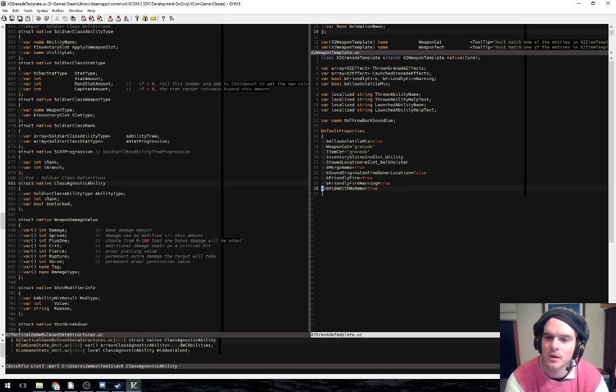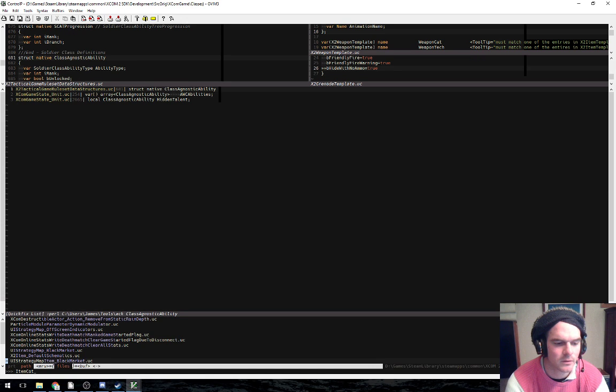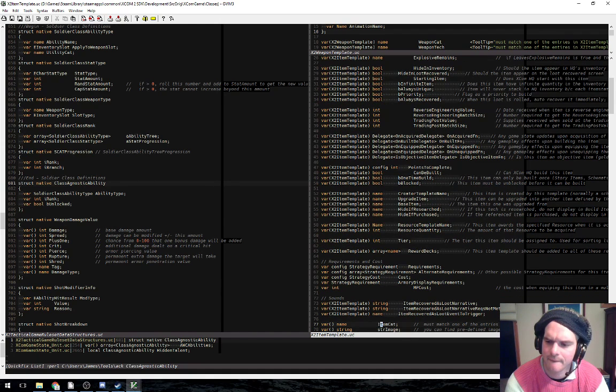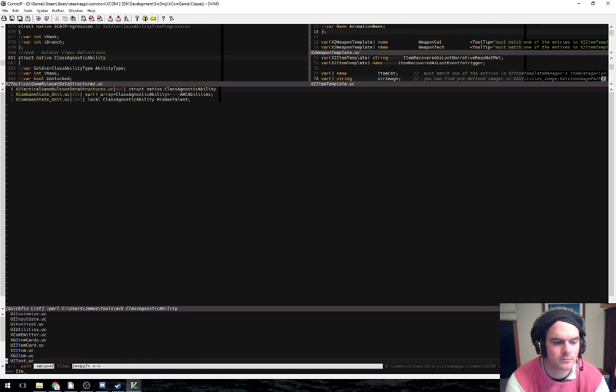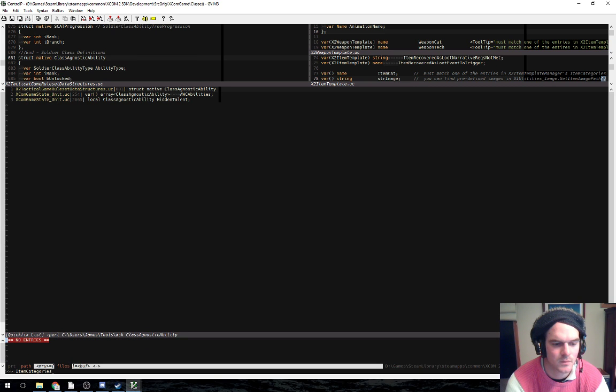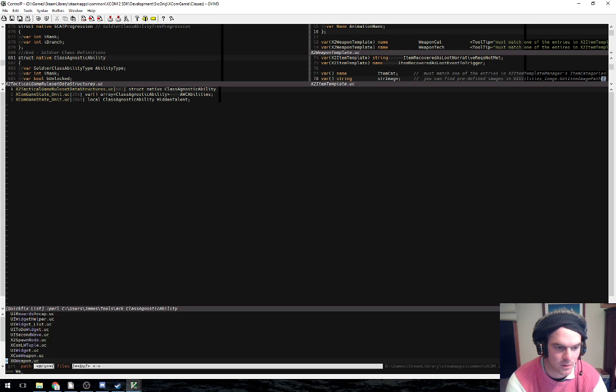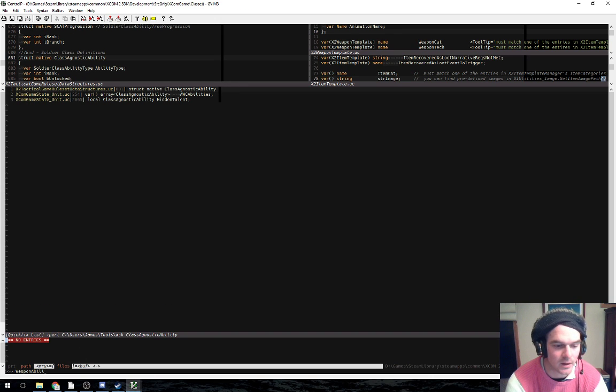These are weapon cat and item category, item template. Maybe we're okay because all the things that we want to apply